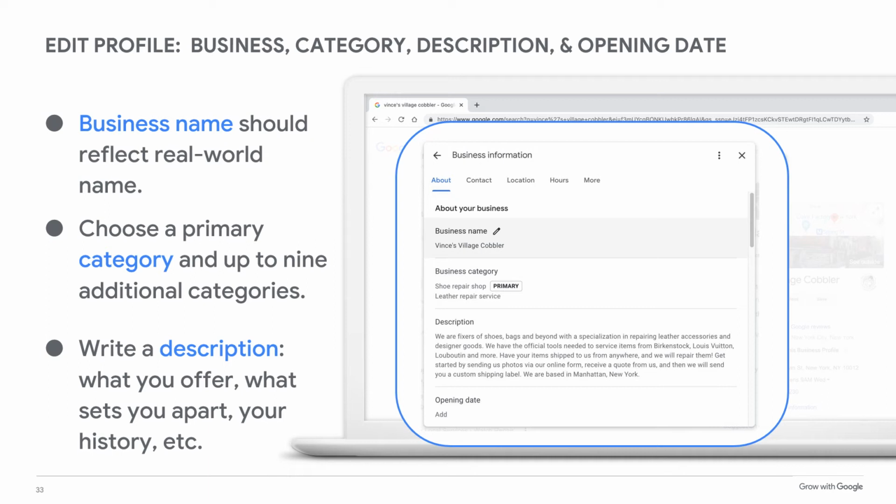If you've already created and verified your business, you added your business name and category, this is where you can make edits if needed. Make sure the name on your business profile matches with your storefront, website, stationery, and other branding. It should be the way your customers know you. If you want to update your category or add additional categories, this is where you could do that. You can add up to 10 categories, with the first category being the primary category. It's okay if you can't find the perfect category, just choose something. You can clarify your offerings in your business description and by adding photos, videos, and updates.